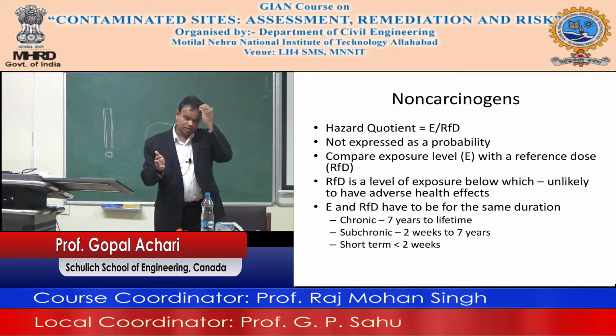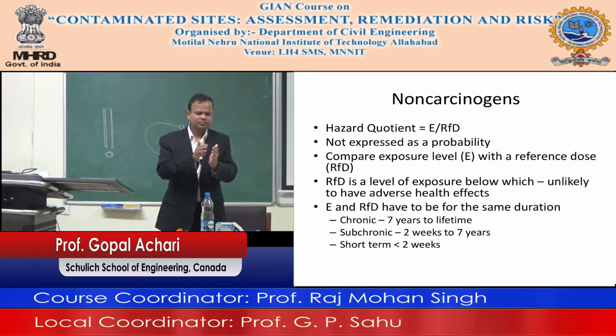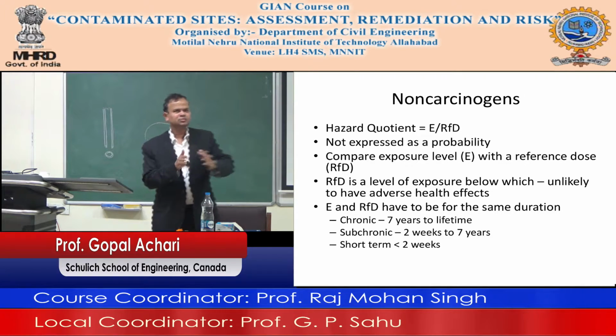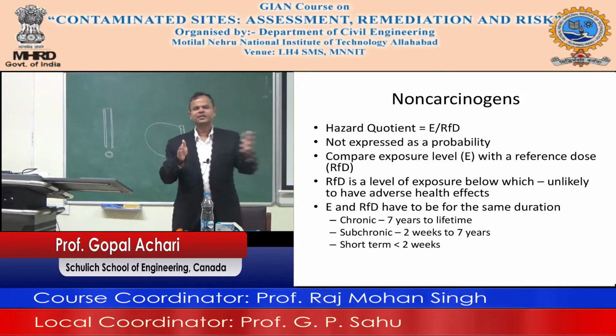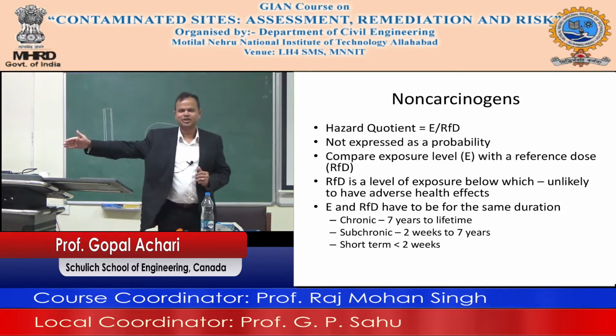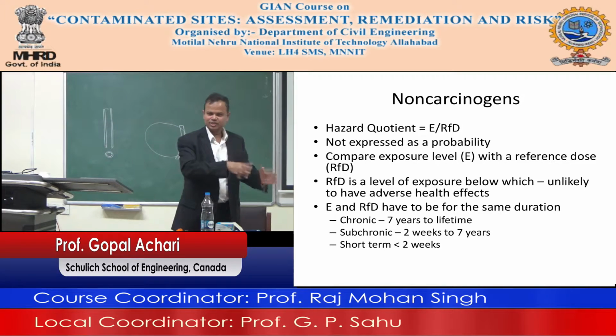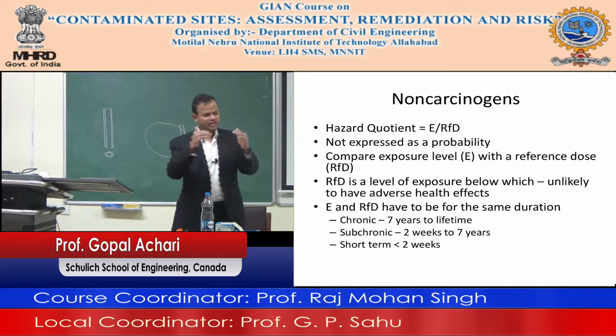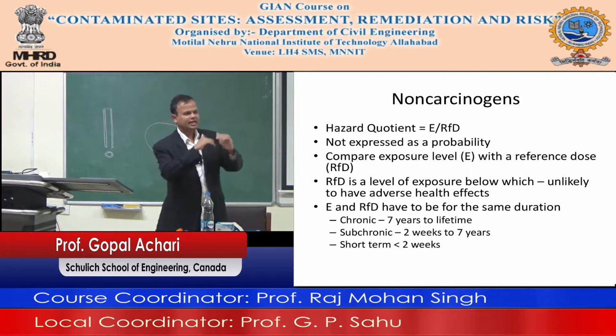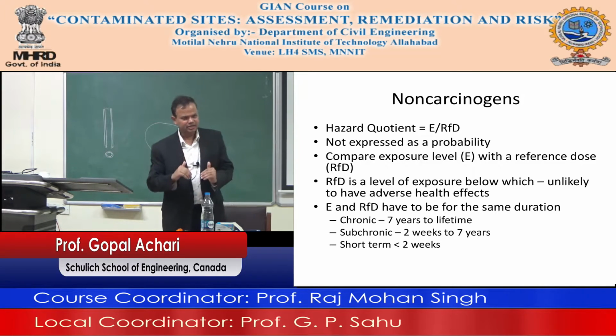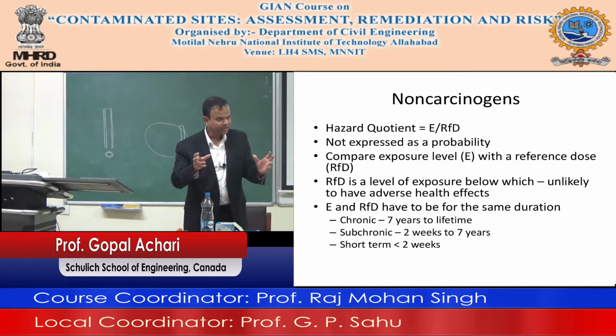The reference dose when you are exposed for 2 weeks will be different from the reference dose if you are exposed for 5 years. Are you with me on that? That's why you have acute, subchronic, and chronic. So you take the exposure for that period, divide by the reference dose for that period, and you get